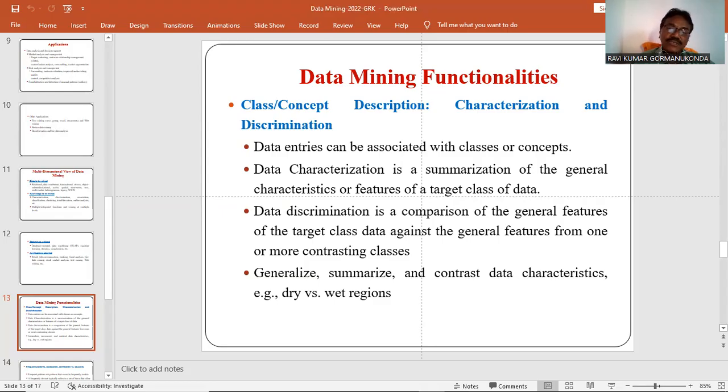But what do concepts mean? Concepts relate to the customers who visit the shop. Maybe we distinguish two different types of customers: regular customers and non-regular customers. They are called concepts.